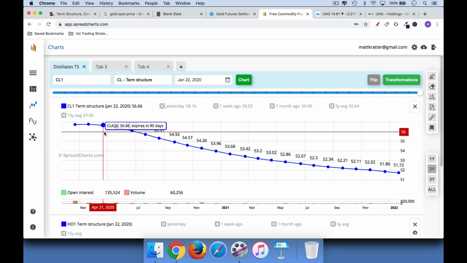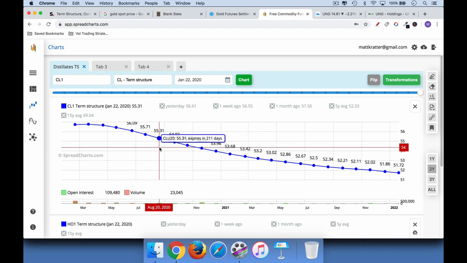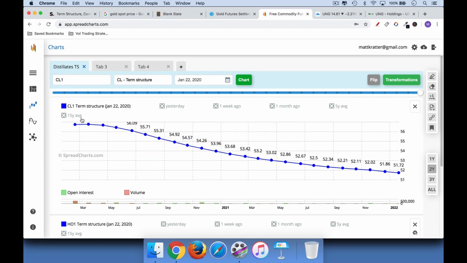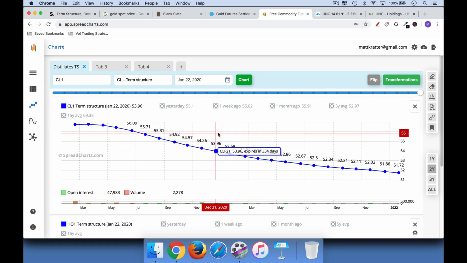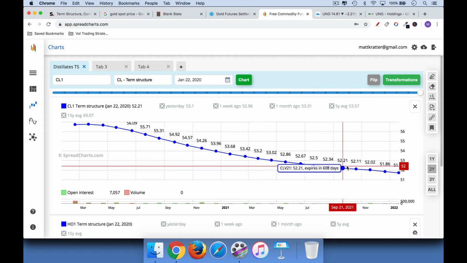You could get a similar structure. Let's say these were corn futures, and there was a real drought in the middle of the summer, and people were expecting corn shortages. If you're an industrial manufacturer and you need corn to make your breakfast cereal, you need the corn today, and so you're willing to pay up. And it's not going to do you any good to buy corn 2 years from now. You need it today. So this is one reason we would get a backwardated market where it's downward sloping.